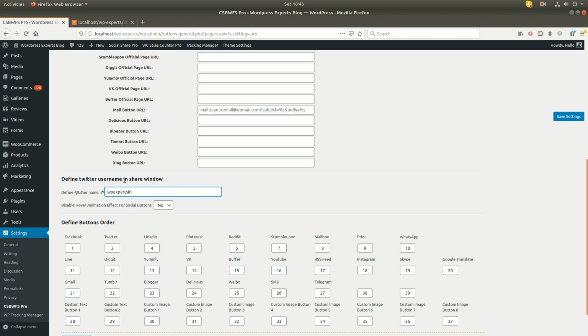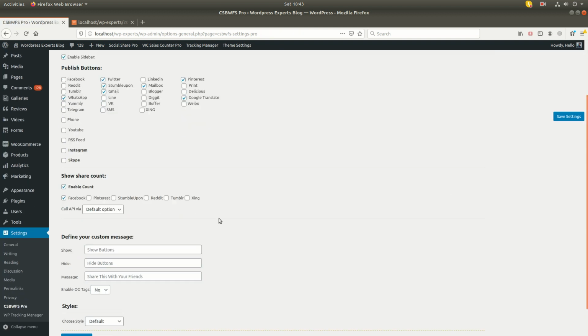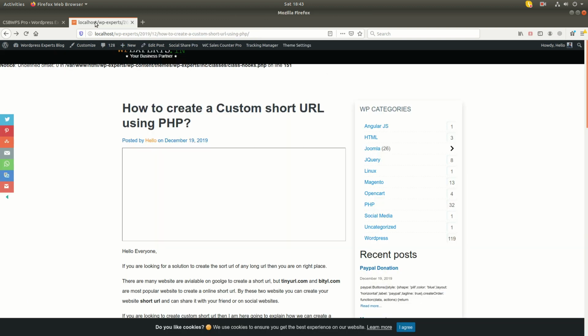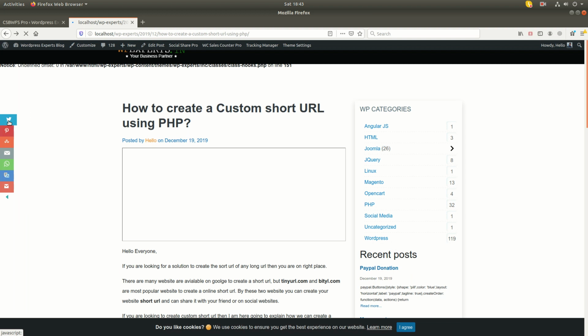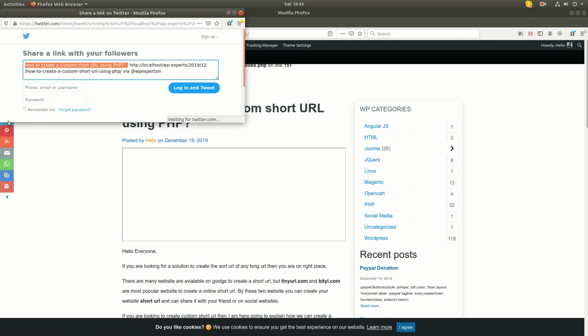This will work when you use Twitter as a social share button, and your username will automatically be added in the Twitter share window, like this one. You can see your username is added by default automatically in the share button.